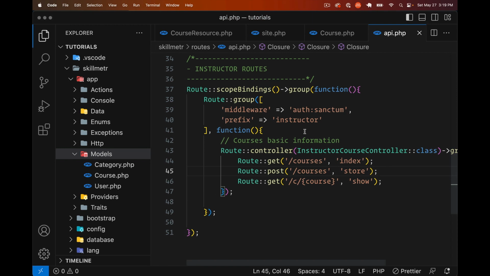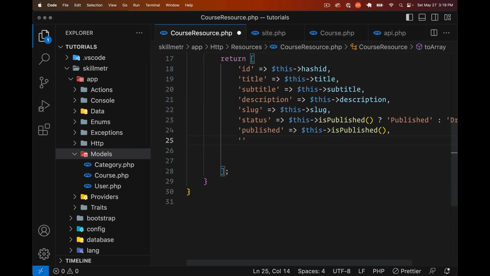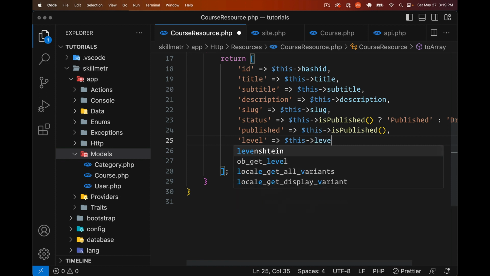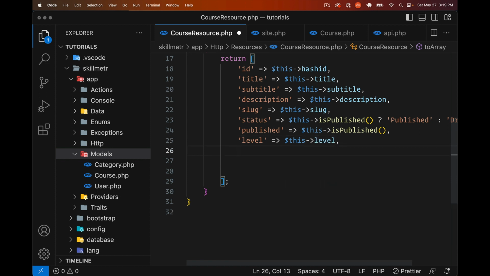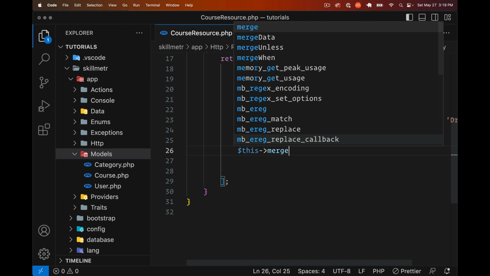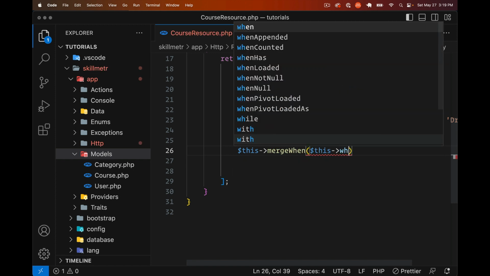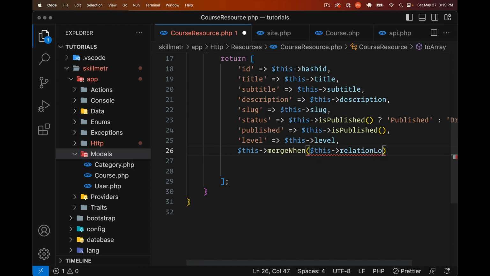Let's go and add a few more fields to this course. So in the course resource here, I want to add the level, which we don't have right now. So this level. I want to add the author if the author is eager loaded in the course or in the request. So let's say this merge when, and we'll talk about that in a minute again. This relation loaded